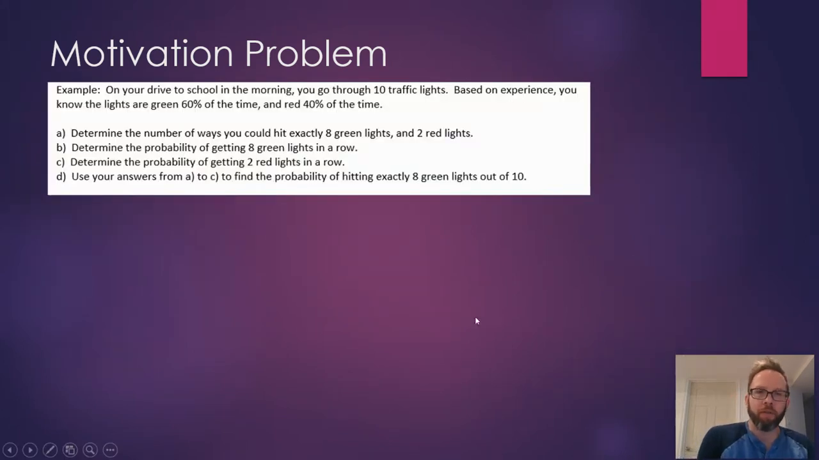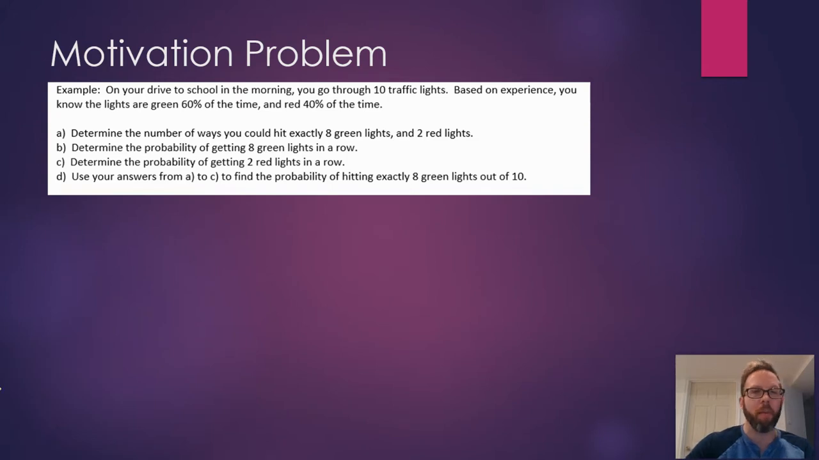Here we go. On our drive to school, let's say you go through 10 traffic lights, and based on experience, the lights on our route are green 60% of the time and red 40% of the time. So what we're going to do is find the probability of hitting 8 green lights out of 10, but we're going to scaffold it a little bit. So to start off,